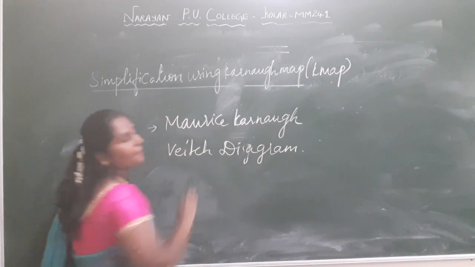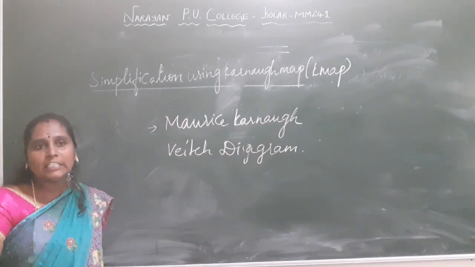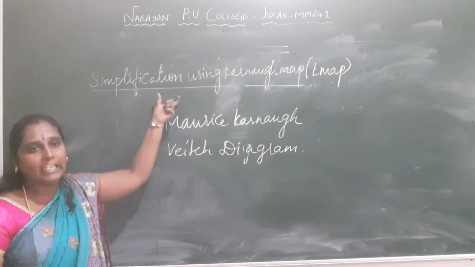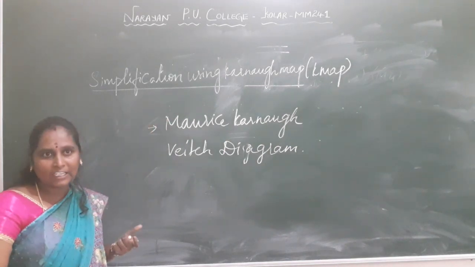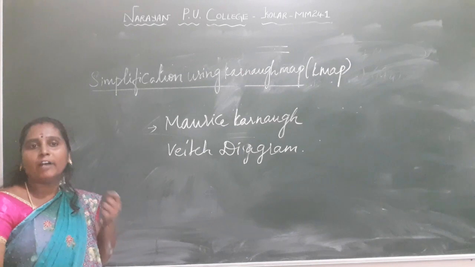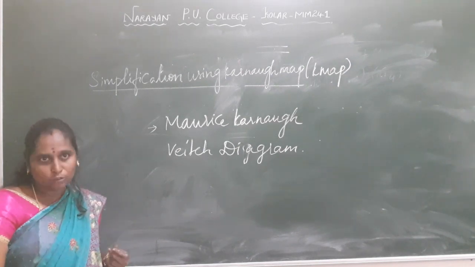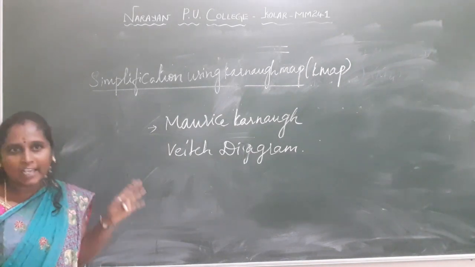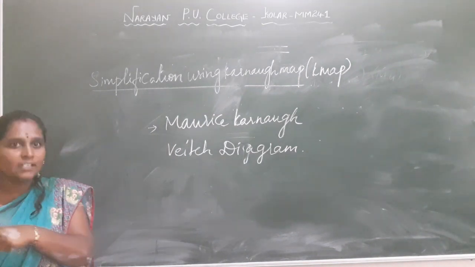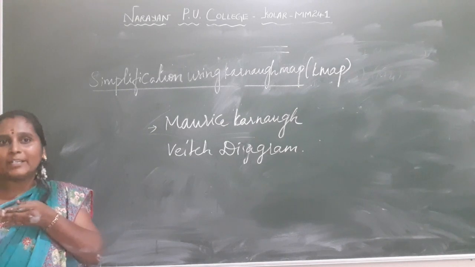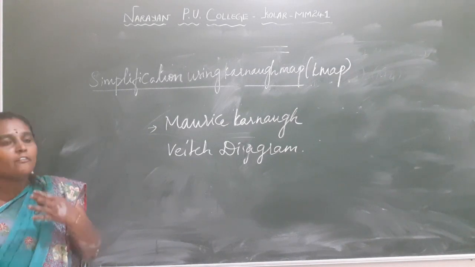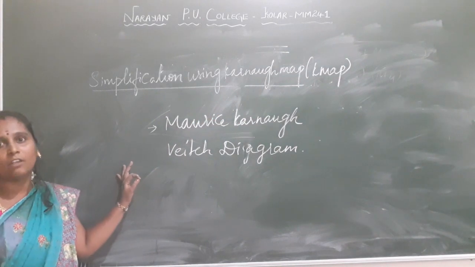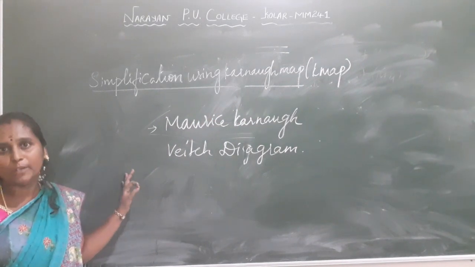Your K-map is nothing but a graphical display of fundamental products in a truth table. We call it the K-map. In other terms, you can say a large rectangle is divided into a number of squares, and each square represents a min term or max term. That we call the K-map. Next we are going to see simplification of SOP using K-map.